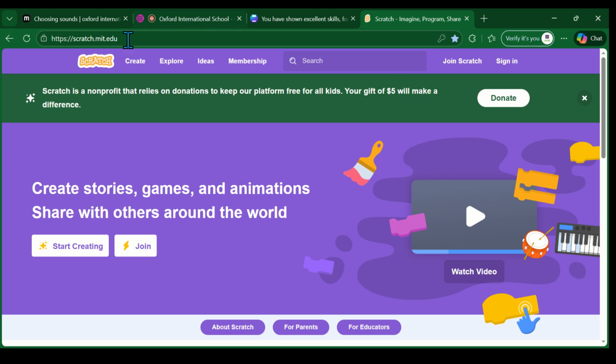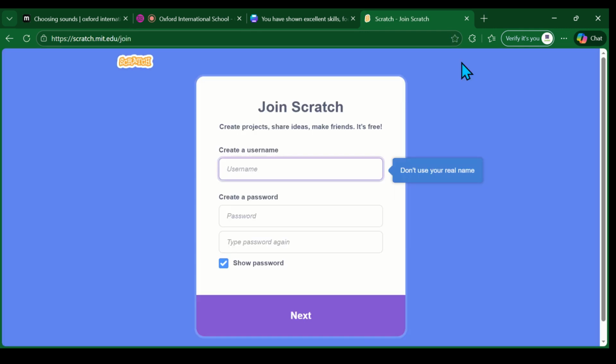Okay, Grid 2. When we open the Scratch website, we can click Join Scratch. For the first time, I have to click Join Scratch. When I click Join Scratch, it asks me for a username. Like, I can name it